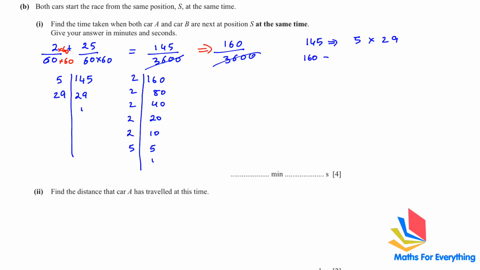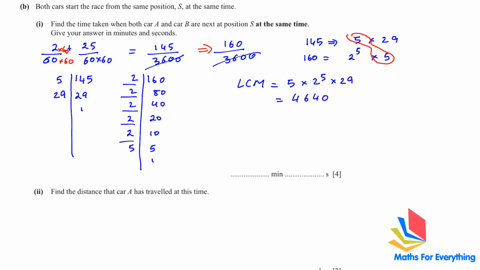So the prime factorization of 160 is 2 to the power of 5, and 5. What is common here? 5 is common. So LCM is equal to that 5 which is common, write it one time. Multiply by the other numbers which are there. And we will get